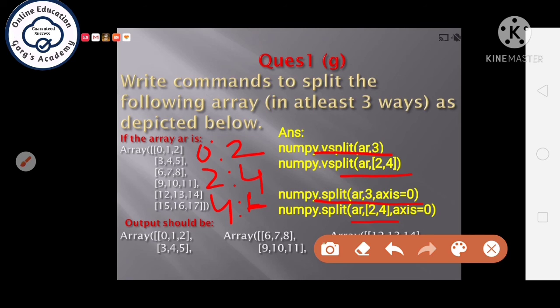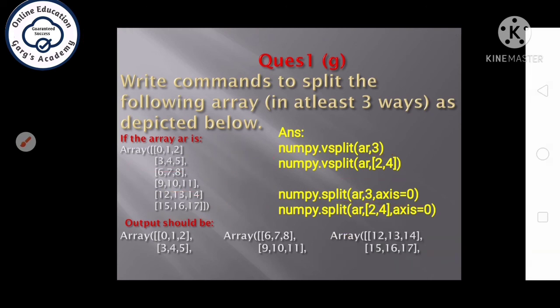Means 0 to 2, 0 and first row, means second row will not be included. In the second part, 2 to 4 means fourth row will not be included, second and third row will come out, and in the last step, fourth up to last means whole array will come out and the result will be shown as. So you can write any 3 possible ways in your exam.